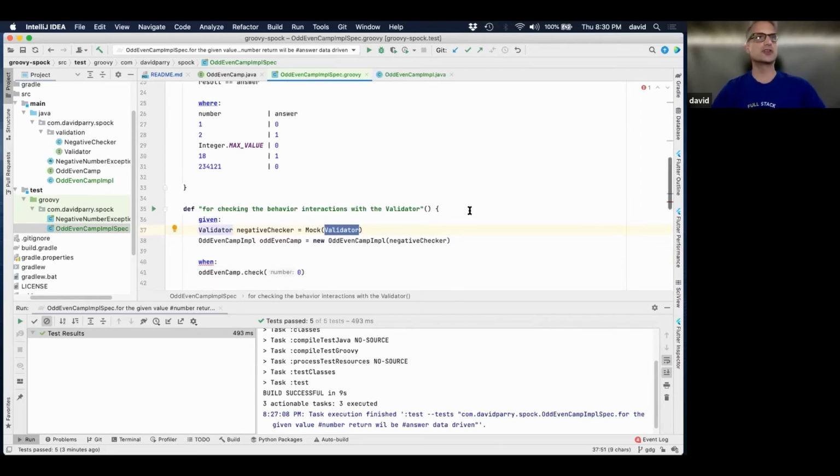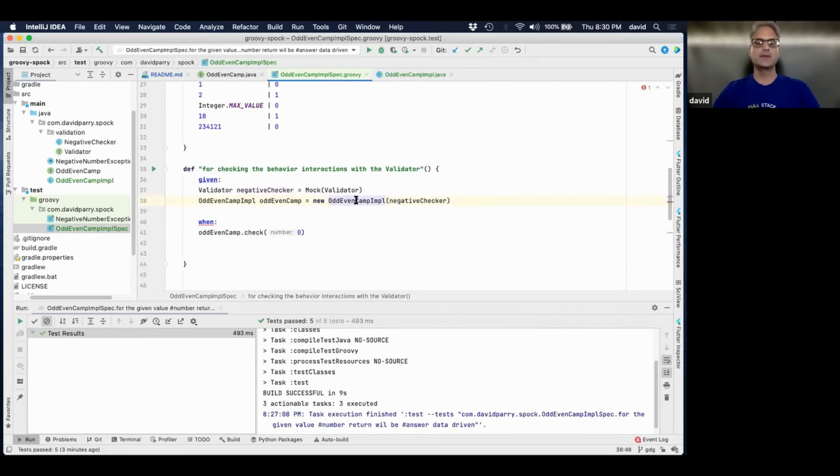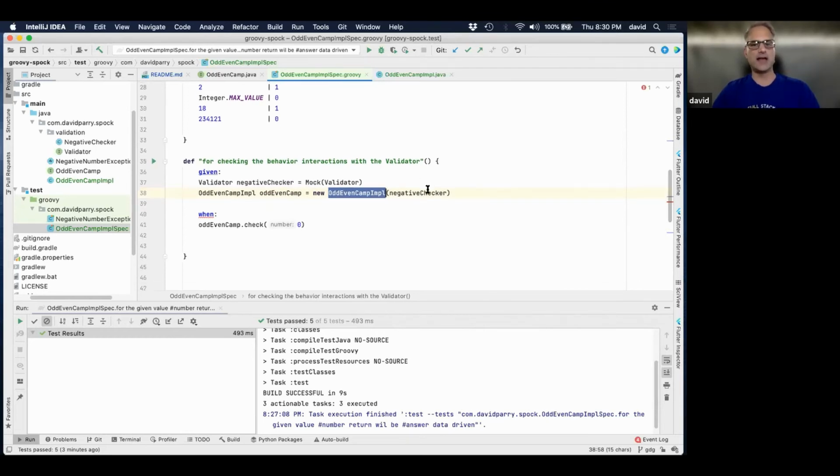And with inversion of control, you're injecting the interface, so your contract is the interface. We're expecting the odd even checker, what is it going to do when it has this? Is it really interacting and testing it? Does it throw an exception? Make sure you have an exception thrown.